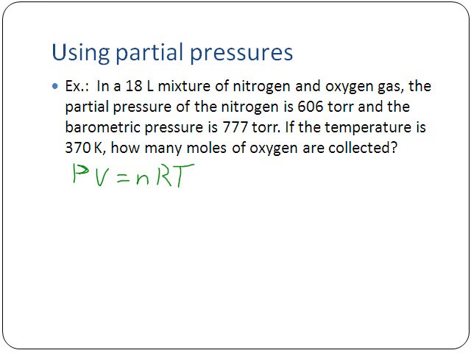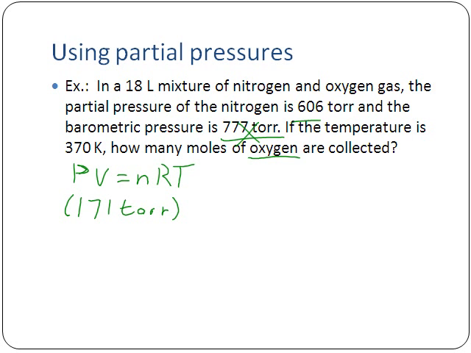And so let's set this up. So the pressure. Total pressure, the barometric pressure, is 777 torr. The question, though, asks how many moles of oxygen are collected. And so the barometric pressure would be both oxygen and nitrogen. So we don't want to use the barometric pressure, the 777. We instead basically want to use the partial pressure of the oxygen. And so we found on the last one that the partial pressure of the oxygen, we just take the 777 minus the 606. And so when we do that, we said we got 171. So that meant that the partial pressure of the oxygen gas is going to be 171 torr